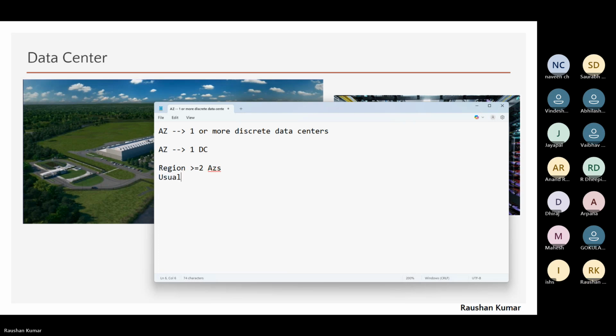Usually it is 3. Max, it could be 6 also. There are regions where we have 6 AZs as well, but usually there are 3 AZs.